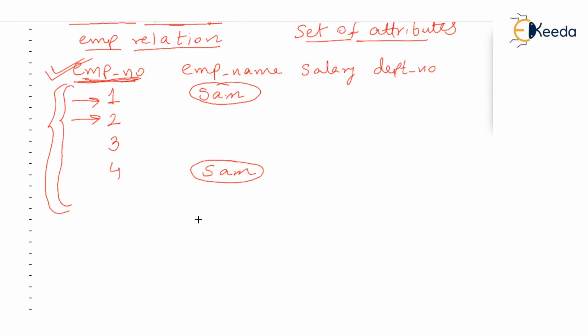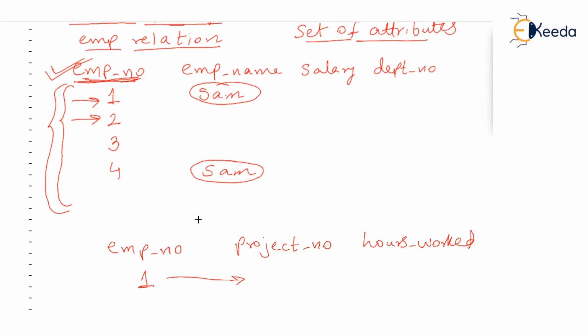As another example, let us imagine that we have got a table like this. We have got a very small table of two columns: employee number and project number. Let's say one more column we have, hours worked. Now what this table is going to store is the employee number and the project number in which that employee is currently working.